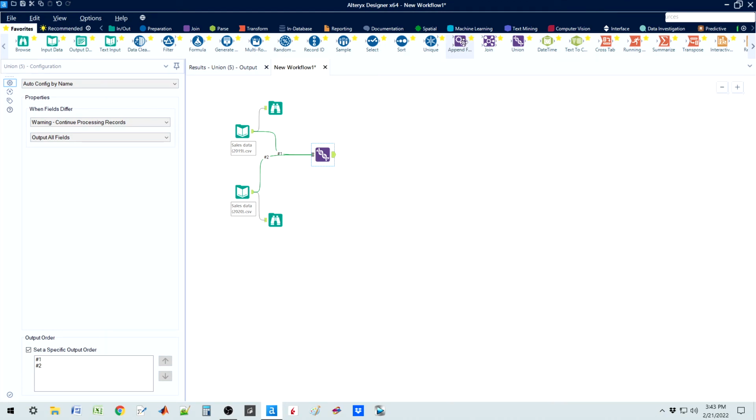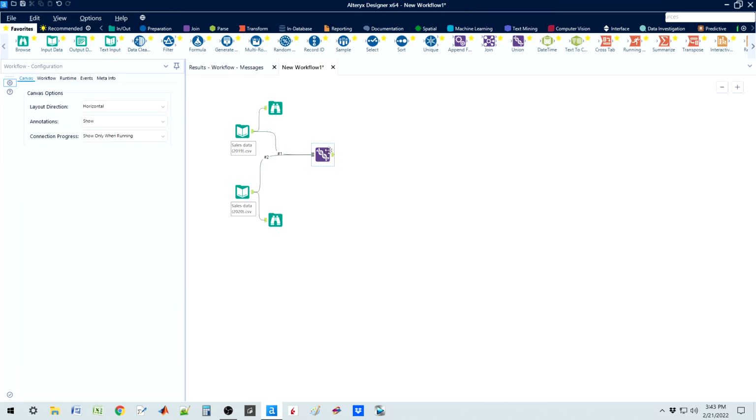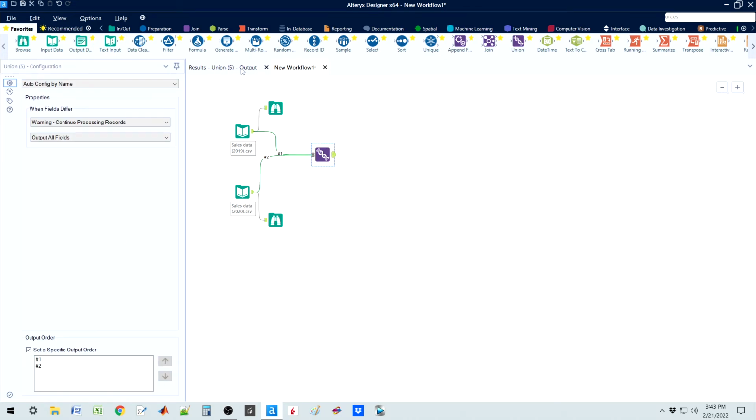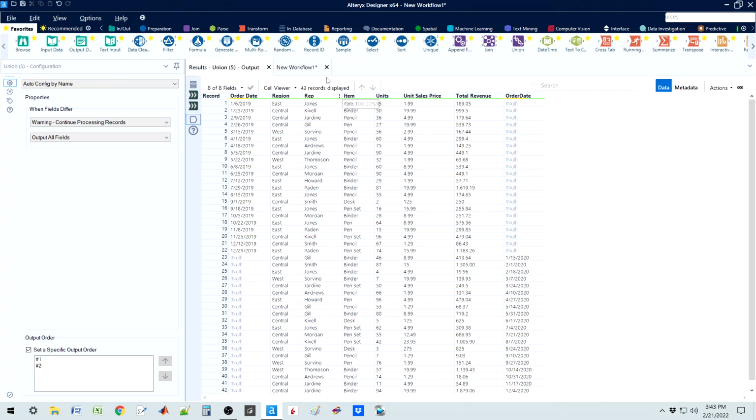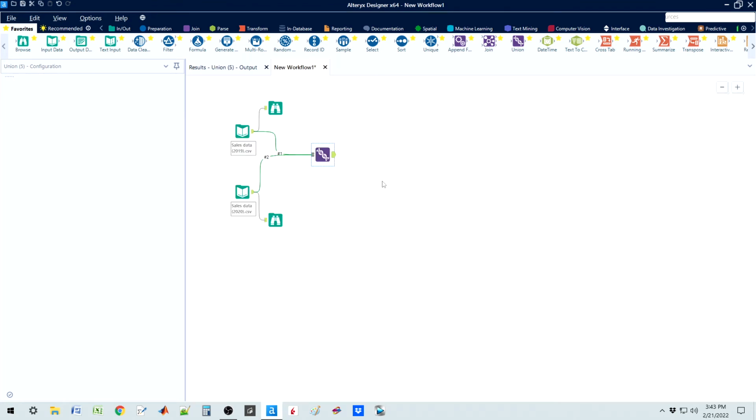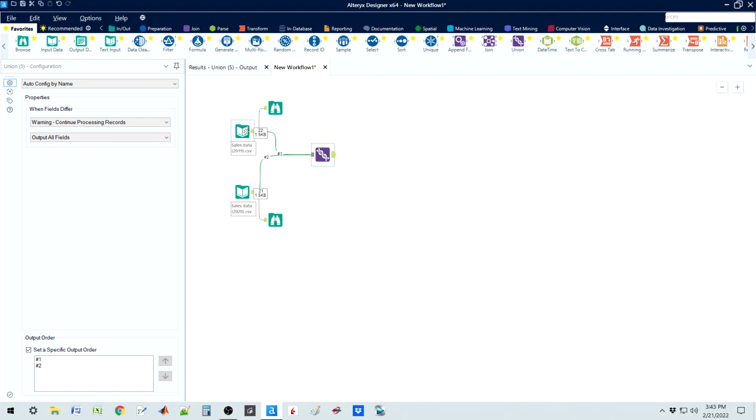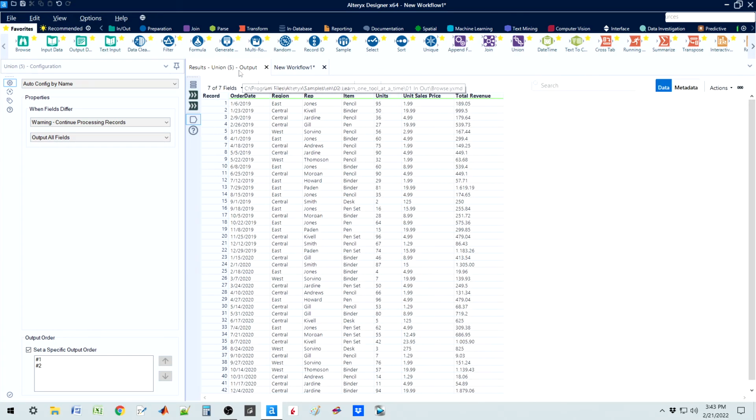Append Fields. Let's look at our data here. Append Fields is not used very often. Actually, let me run this so that it's now it looks fine. Append Fields is used probably the least often of these 3 tools. Join is the most often used, then union, then Append Fields. Append Fields, let's see what we would want to do. Let's say,